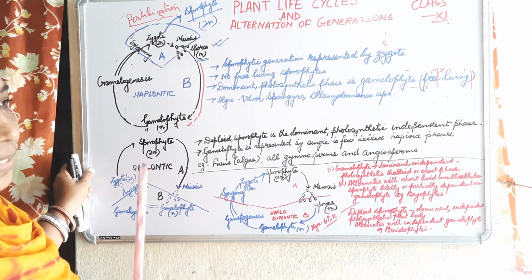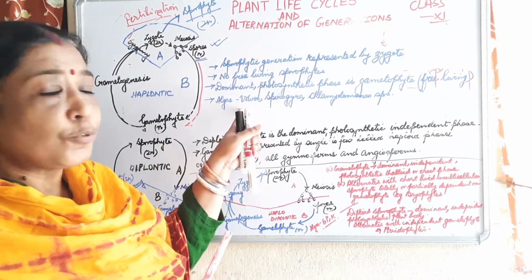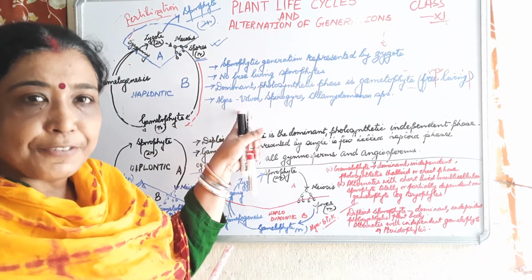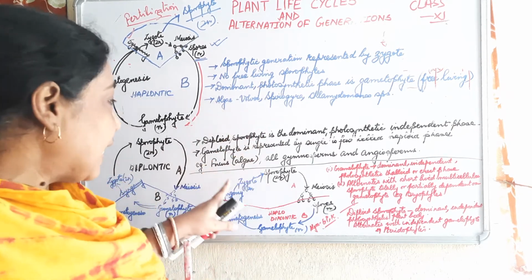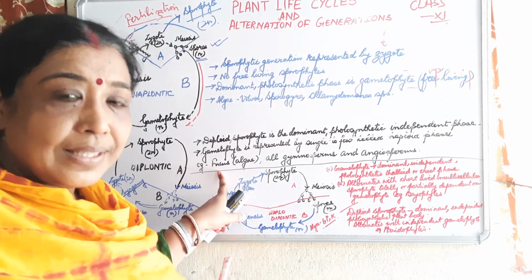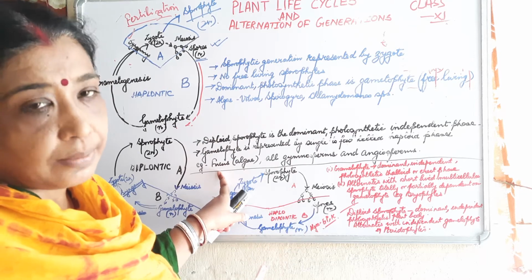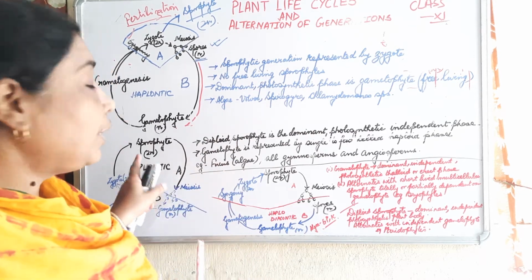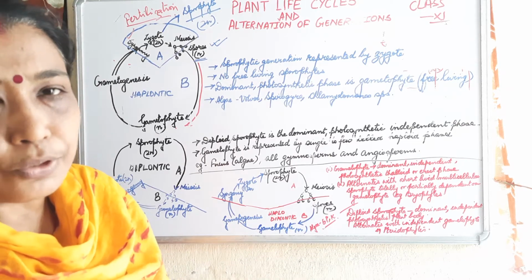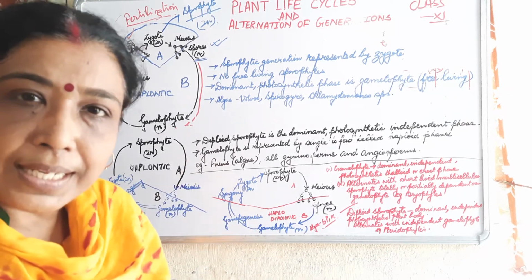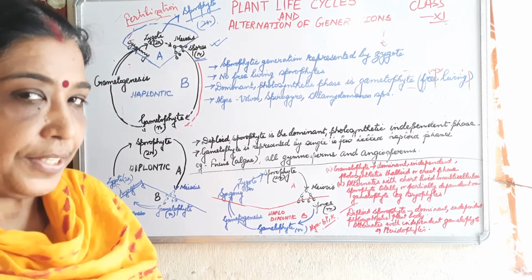And please children, I told you that most of the algae show the haplontic life cycle. But there is an alga by the name of Fucus. This is exceptional, beta. Please mark it as very important. Fucus shows the diplontic life cycle, and all the angiosperms and the gymnosperms show the diplontic life cycle. The only exception is Fucus. Okay, so remember it.